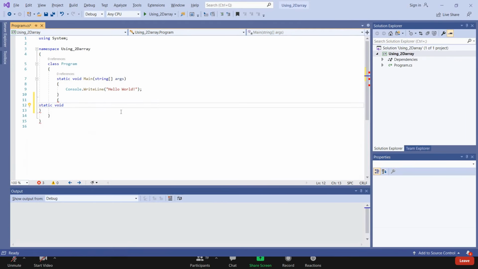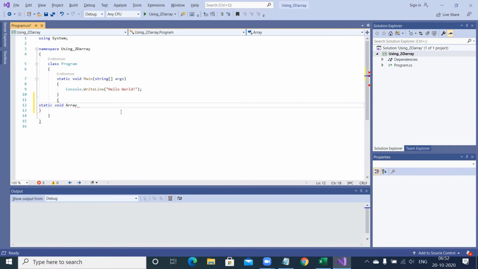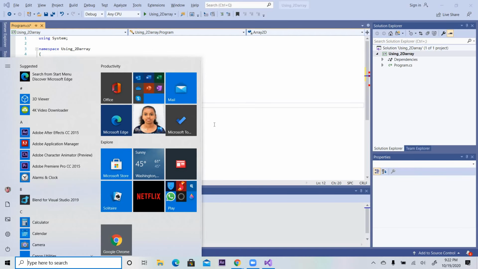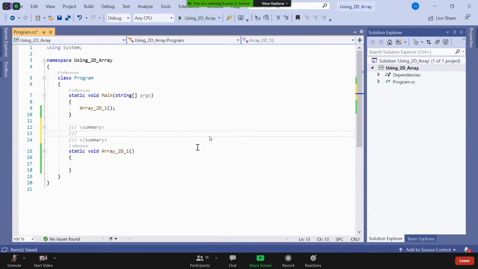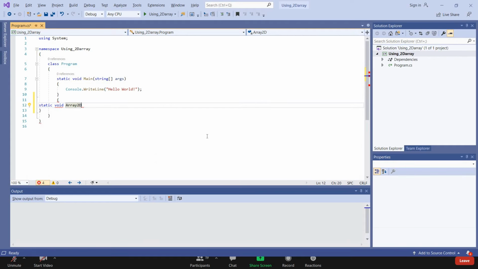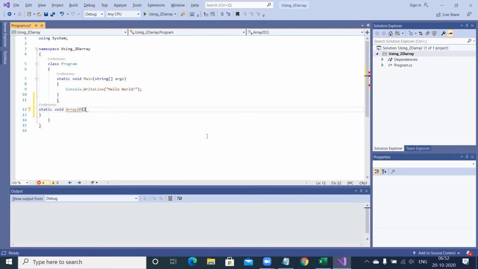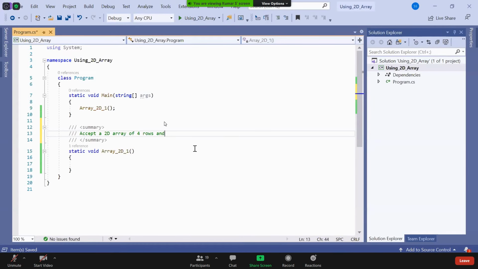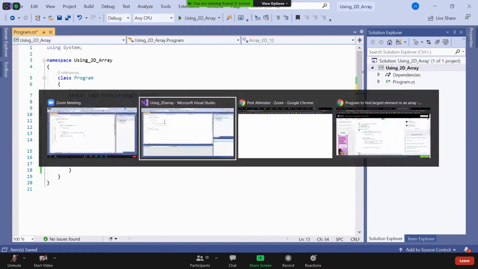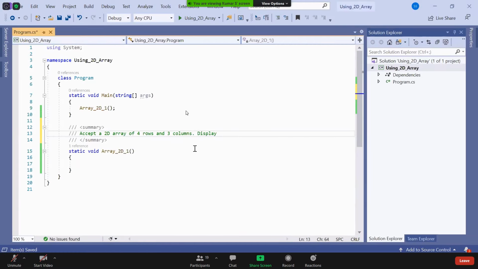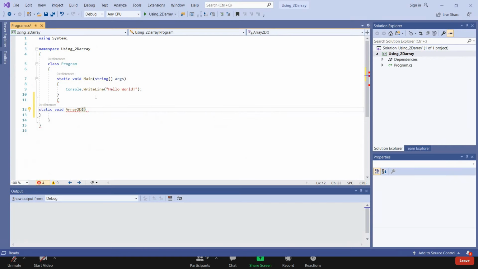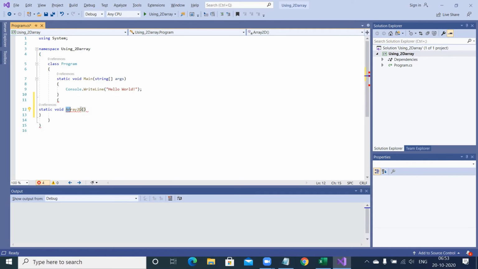So question, I always used to tell you to write a summary block before the function, so that somebody coming here will understand what exactly this function is going to do. What this function is going to do is accept a two-dimensional array of say 4 rows and 3 columns, and display entered values in a matrix format.